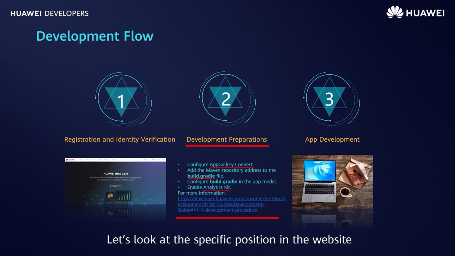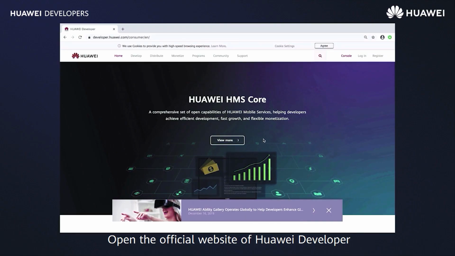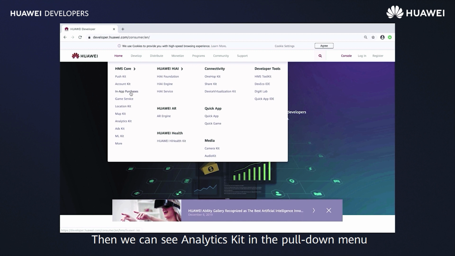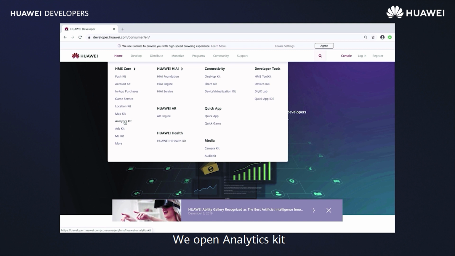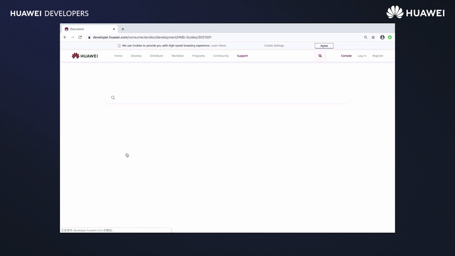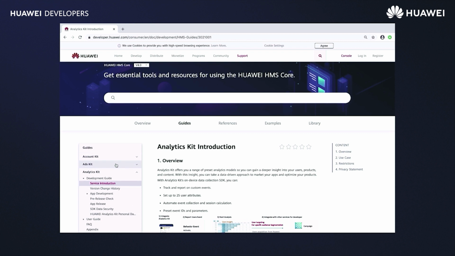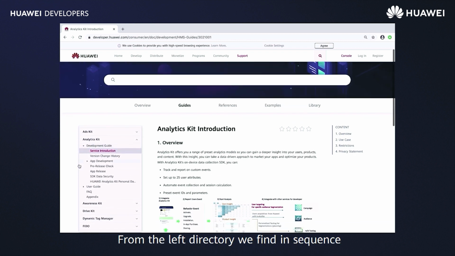Let's look at the specific position in the website. Open the official website of Huawei developer. Move the mouse to develop. Then we can see Analytics Kit in the pull-down menu. We open Analytics Kit and click View Documents on this page. This is the Develop Document page. From the left directory, we find in sequence